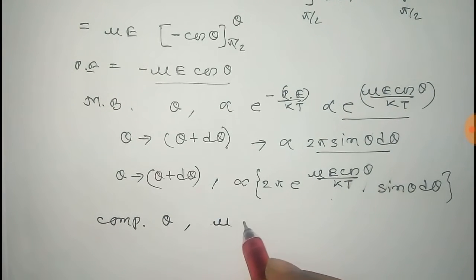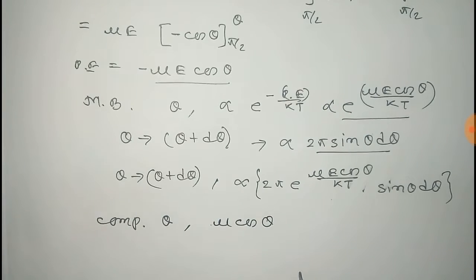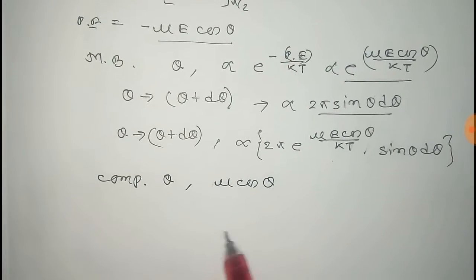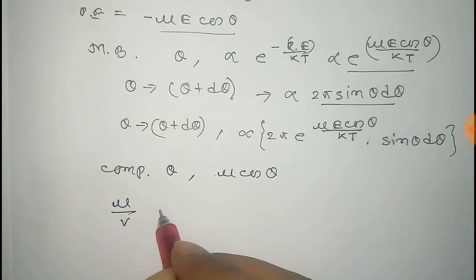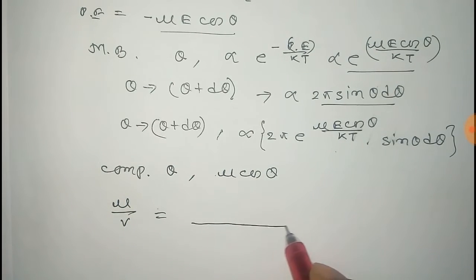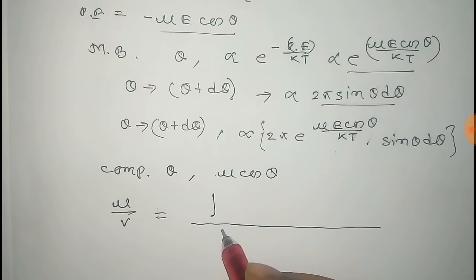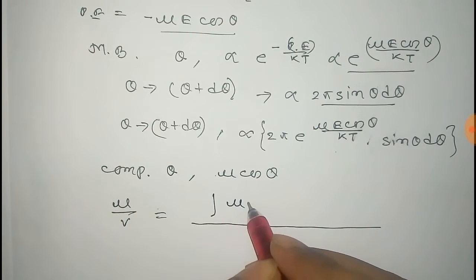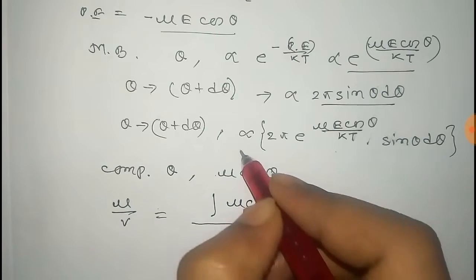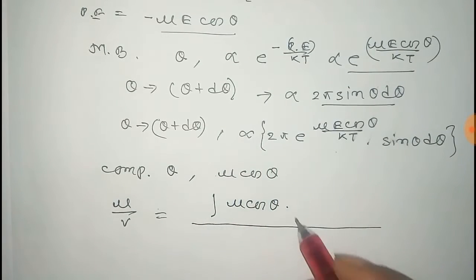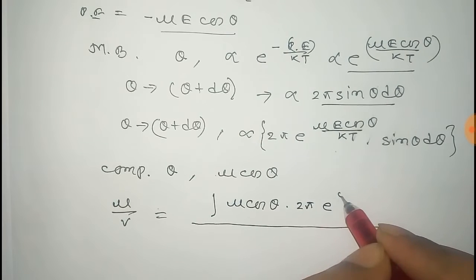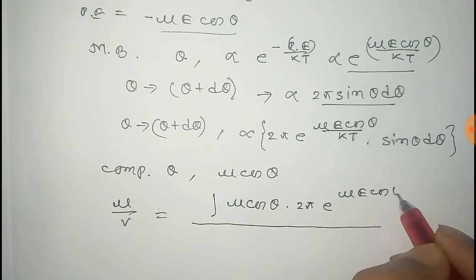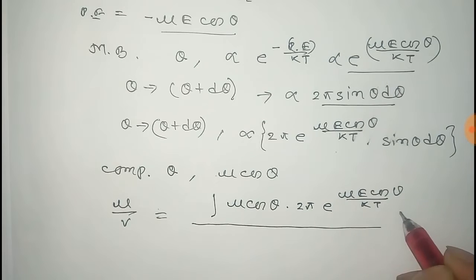Now the dipole moment per unit volume is given by the integral of mu cos theta, that is the component along the electric field, into this probability, that is 2 pi into e to the power mu E cos theta by kT into sin theta d theta,